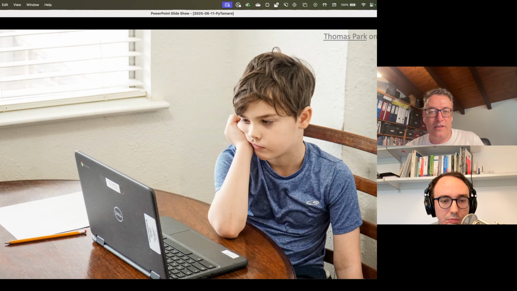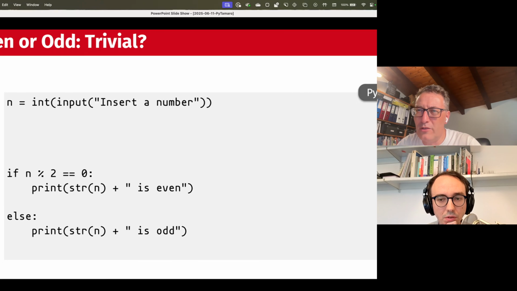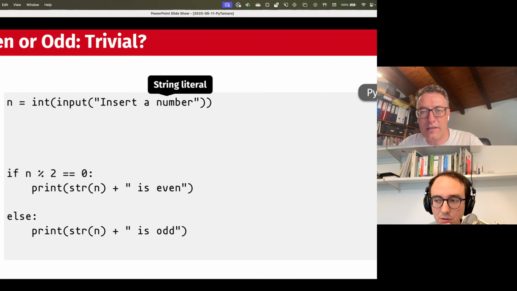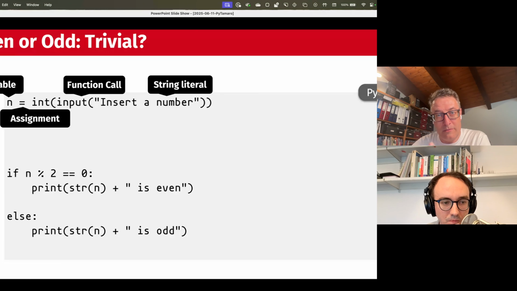Yeah. So you might get this reaction with the students. And if you do something like even and odd, which often is in a Python programming course, maybe also in schools, is one of the first programs because it's relatively simple, or teachers may feel it's trivial. If you look at this from a programming language concepts perspective, there's a lot of stuff. Like you may have string literals, variables, you have assignments, you have function calls like input to get your number,